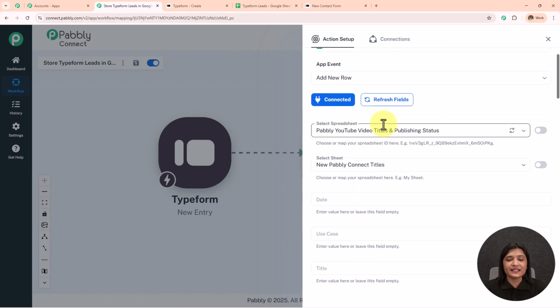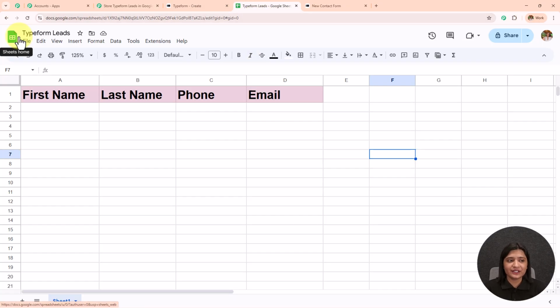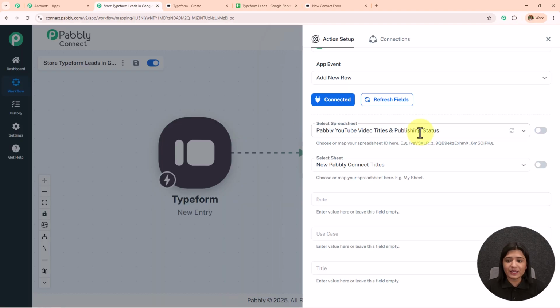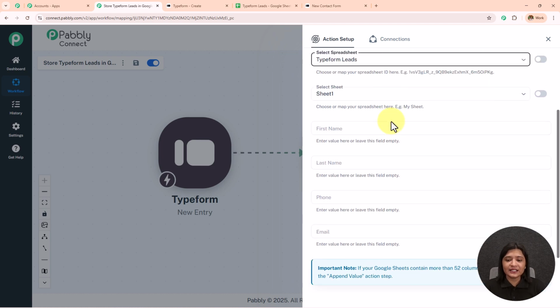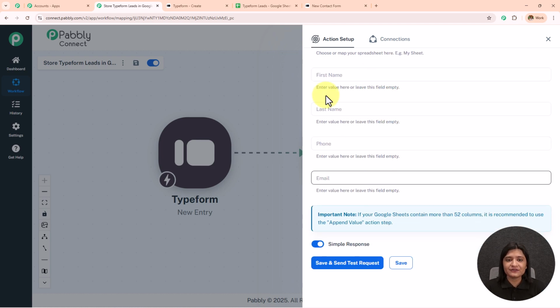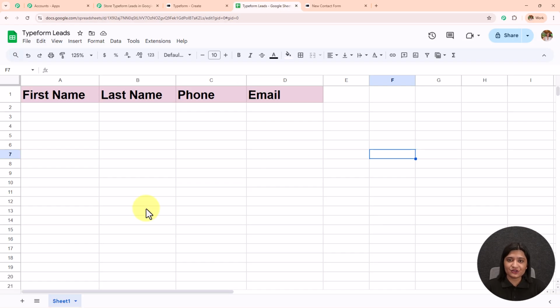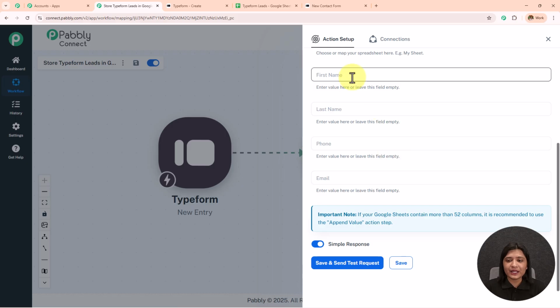The first one is that I have to select the spreadsheet. If I open my spreadsheet, you can see that I have created this spreadsheet by the name Typeform Leads. So I'll go back towards my workflow and select the spreadsheet as this Typeform Leads. Then over here we have all these fields which we have in this spreadsheet. So this shows Pabbly Connect and this particular spreadsheet are connected, and now I am going to enter all these